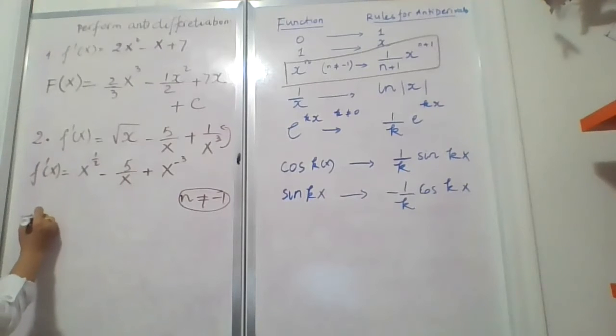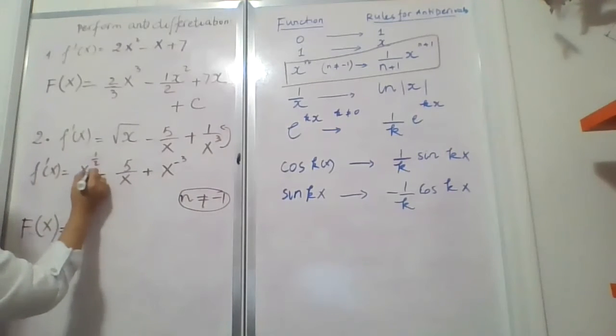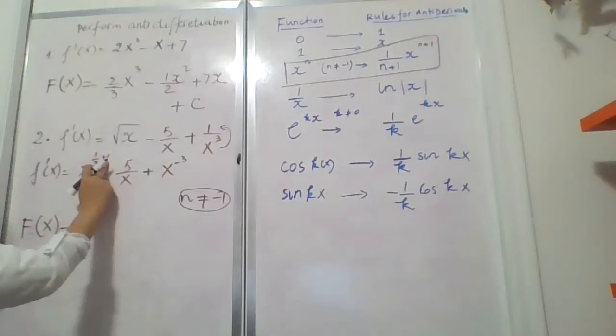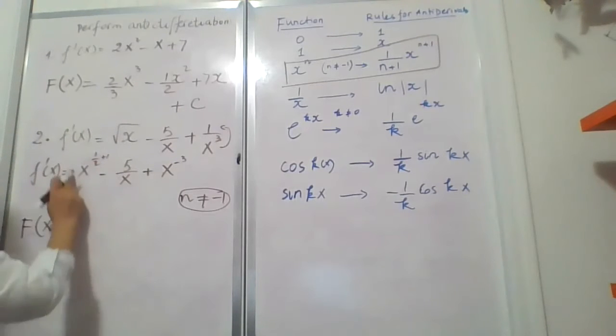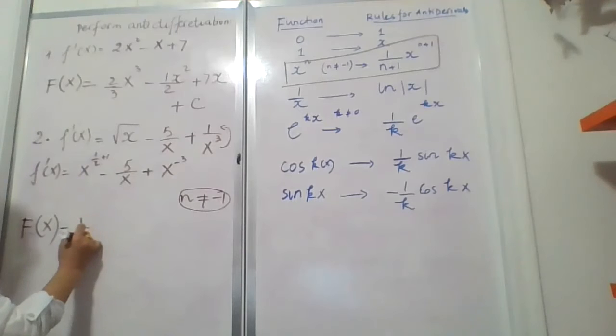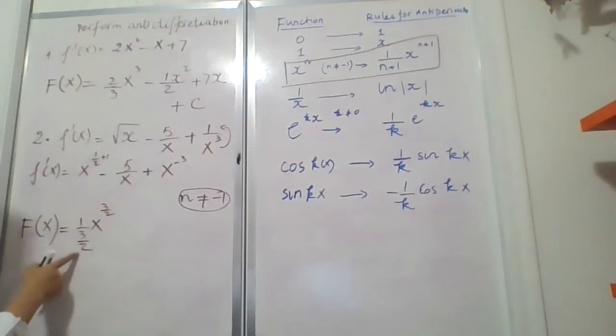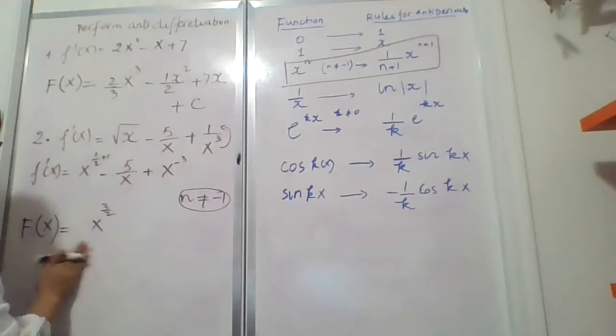So now the antiderivative becomes a big function, big capital F of x. We're going to add 1 to the power here, right? Remember the rule. When we add 1, 1/2 plus 1 becomes 3 over 2. So this will be 1 divided by 3 over 2, right? And x here is to the power 3 over 2. However, I'm going to flip this fraction right now. If you have 1 over this fraction, we can flip it to become 2 over 3 instead of 3 over 2, right? The same as dividing by this fraction. So that will become 2 over 3,